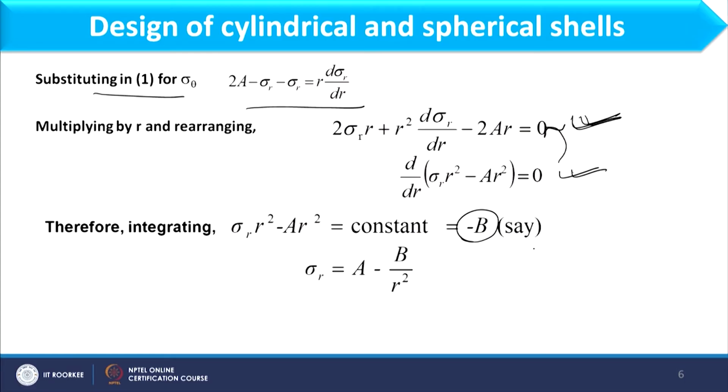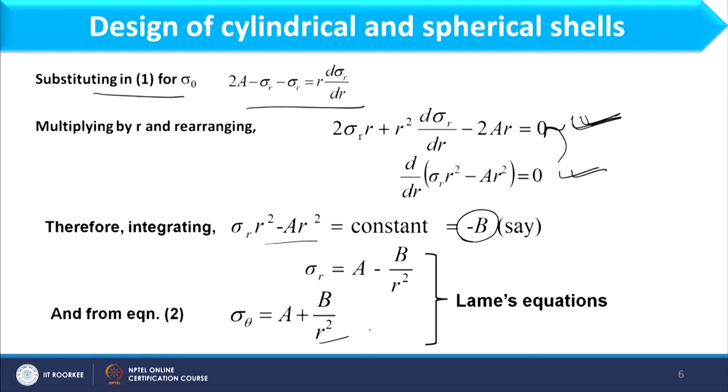So here I am having sigma r, we can extract sigma r from this equation and rewrite it like this, and here I am having another equation for sigma theta, which is equal to a plus b by r square. These two equations are basically called Lame's equations. So for further analysis we will use these Lame's equations, and here I am having two constants, a as well as b. Now putting the conditions of the actual system, we can derive the expressions for a as well as b.